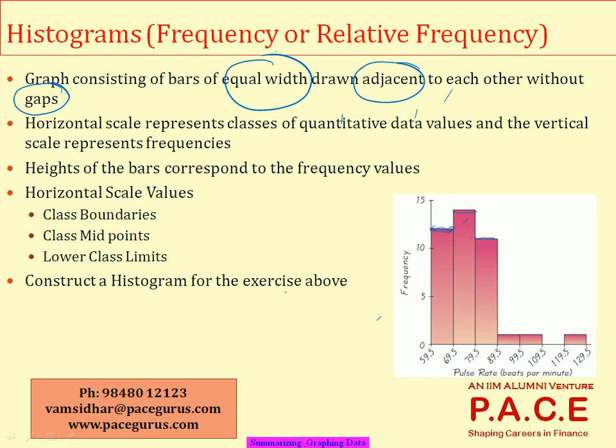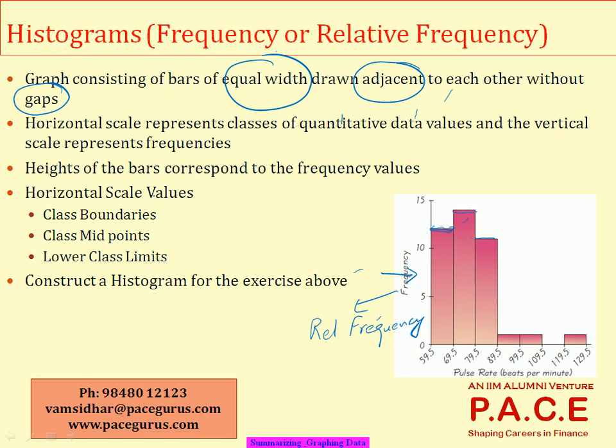And what am I representing on the y-axis? On the y-axis it is the frequency, or sometimes people also use relative frequency here. It doesn't matter whether I use a frequency or a relative frequency as far as the histogram is concerned. The graph will be more or less the same, only the scale will be different. The shape looks more or less the same whether I go for a relative frequency or a frequency. Whereas on the horizontal scale,